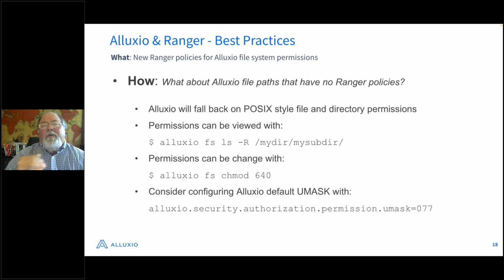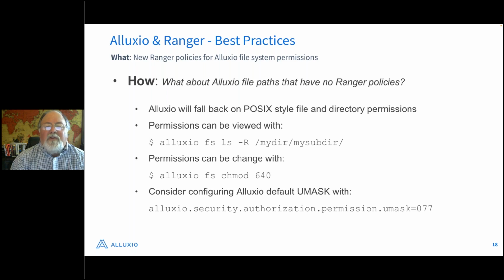Now, if you implement this second method, and not everybody has, the Ranger administrators may not yet have defined policies for all the sensitive data that's being accessed by Alluxio in the under file systems, you can still have a catch-all rule for data that's not being managed by a specific Ranger policy. So we recommend that you set up a umask inside of Alluxio, so if people do create new files through Alluxio, it'll default to a very restrictive permissions model. And then also we recommend that you go in and do a chmod on directories where you want them to be more restricted than maybe they currently are.